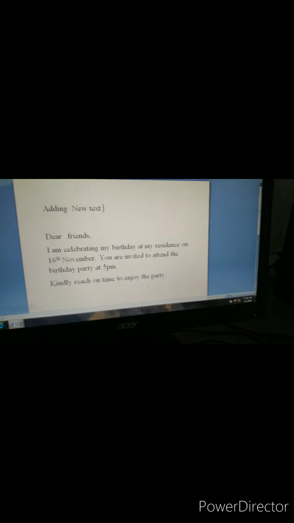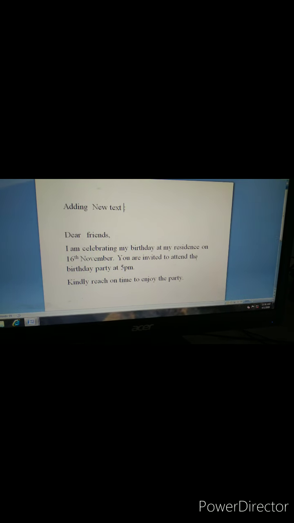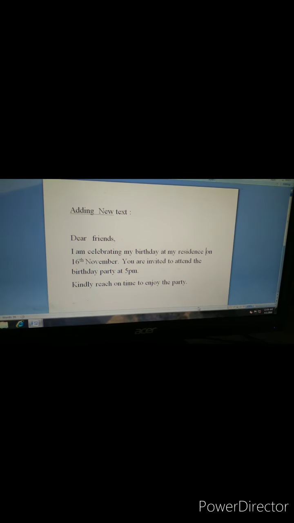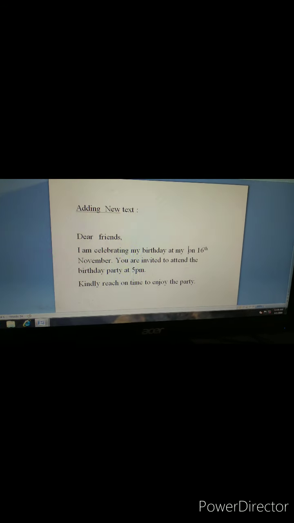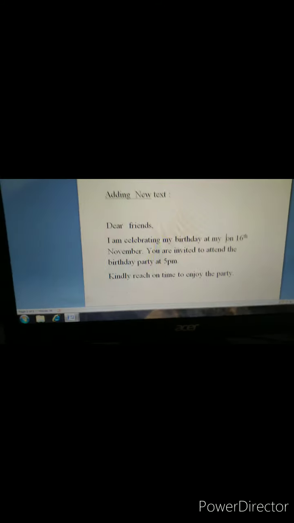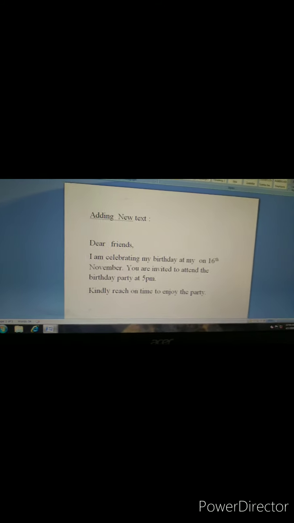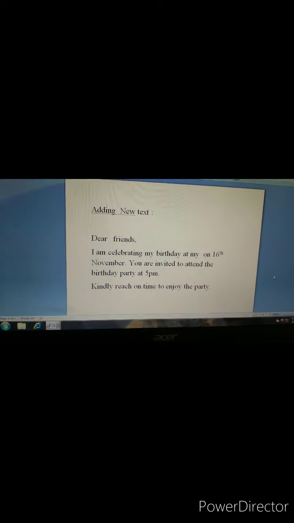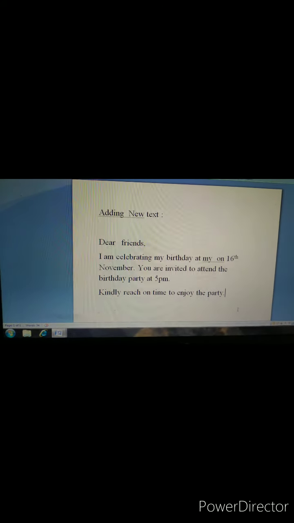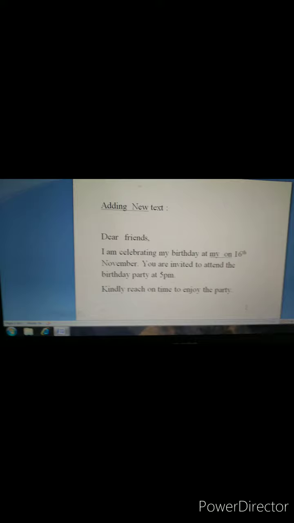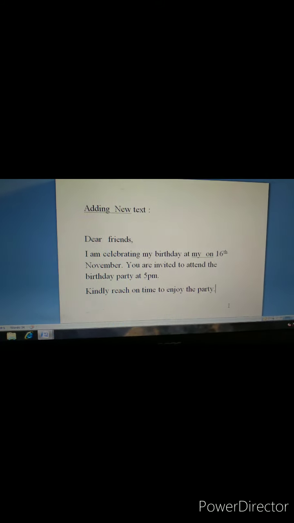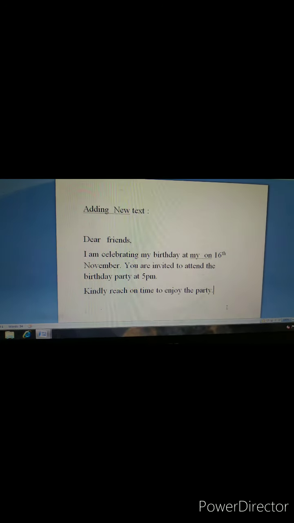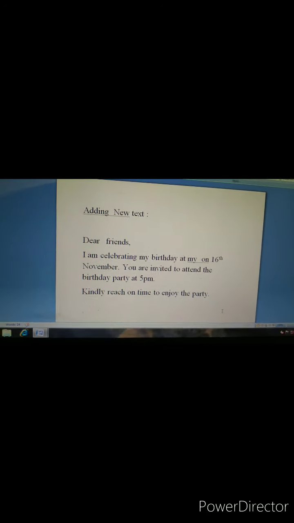See, children, for example, this is a letter written to your friend, and here you did not write the word residence. You completely typed this letter. Now you want to add the word residence. After reading the letter again, you realize that you did not enter the word residence in your letter. Now, can you make a change in this letter? Yes.